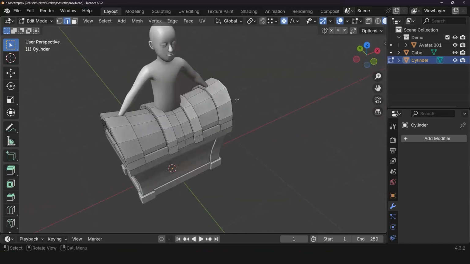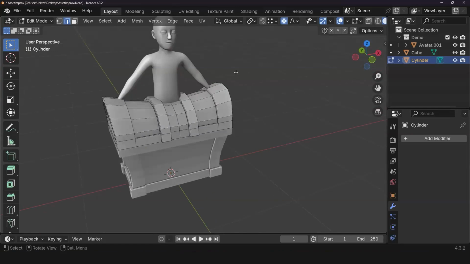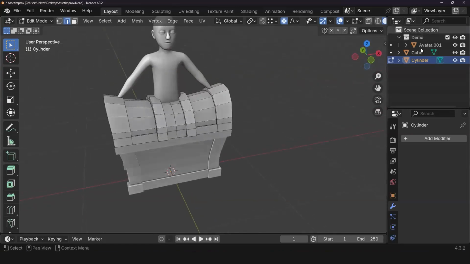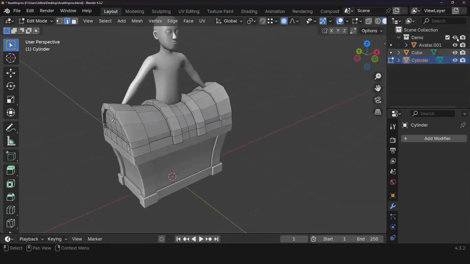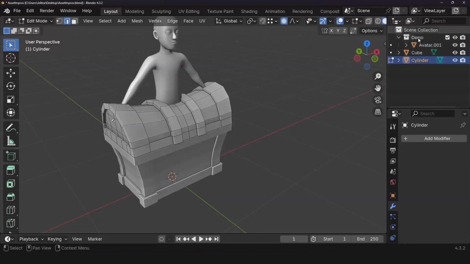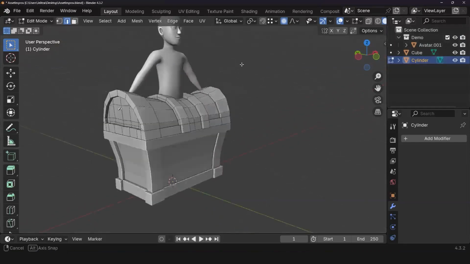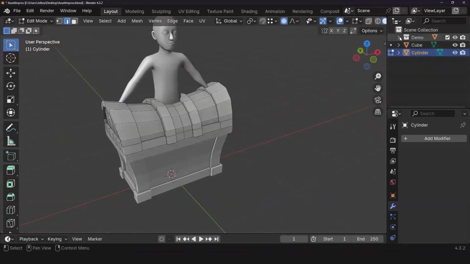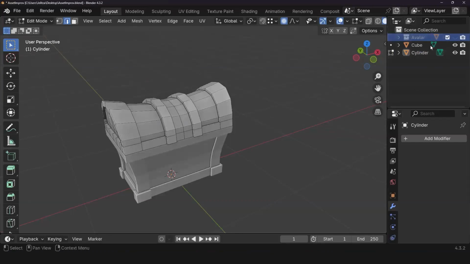No, I'm not storing this little guy anymore. So on the right-hand side, you have your hierarchy that you can turn on and off items, right? And you can have folders. So theoretically, you could organize a whole asset list inside these folders. And say, for example, this one's called demo. I'll just call this avatar, right? And I'm going to turn that off.